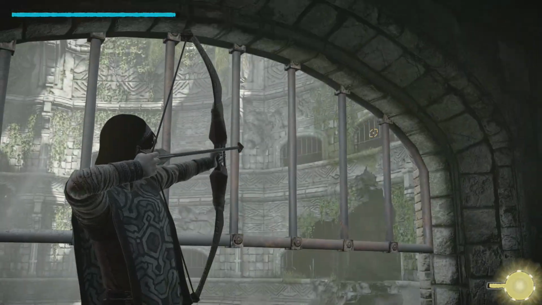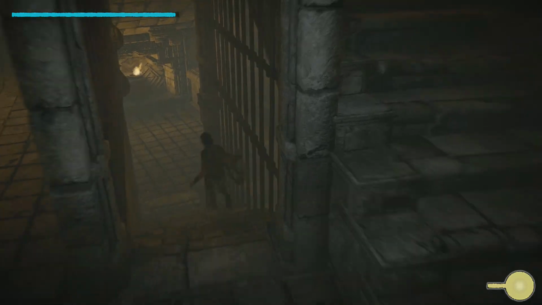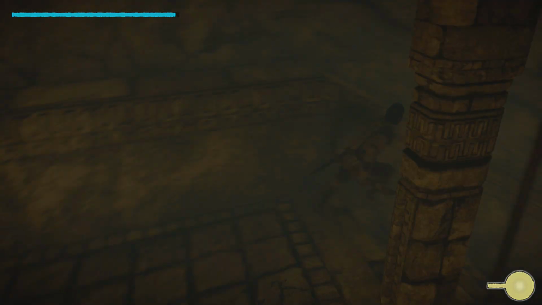Nice. Now go kick his ass. Now I have to run down. The fastest way is to jump down with a hole in the wall, but you're not really by one right now, so...